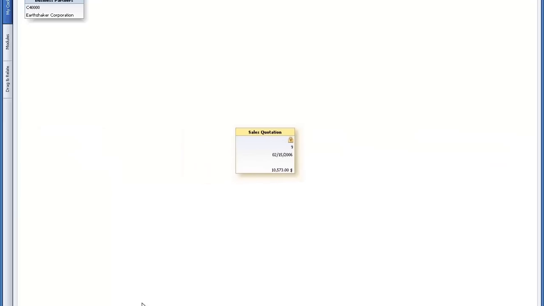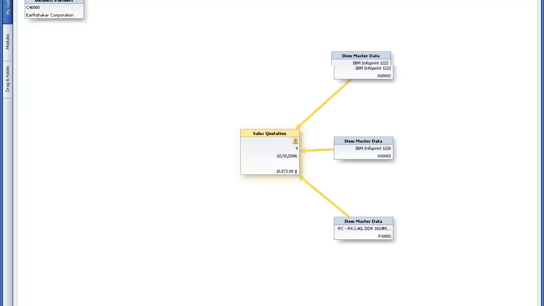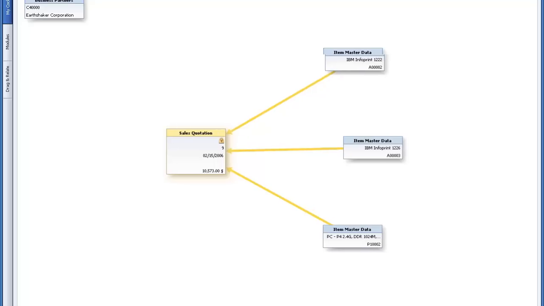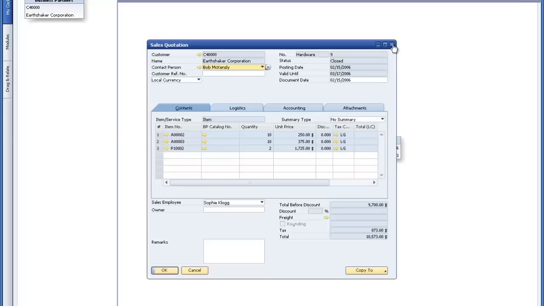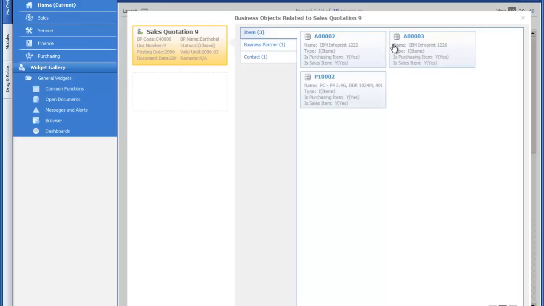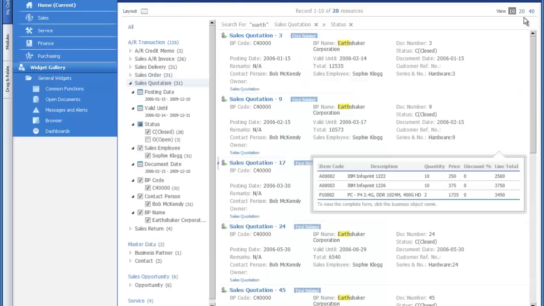So then you can drill in, look at that particular sales quotation, look at the posting details by drilling down, or again I can look at the related items and it's going to show me once again those 3 inventory items that were actually involved in that sales quotation, which then got turned into my sales order. So incredible ease of use there, and really think about it. You're the CEO, you're on the phone to your customer, you want to get an instantaneous picture of everything that's going on with the customer. You can certainly do that from here, and it doesn't matter which direction you want to go in. You get that information quickly and easily presented to you,